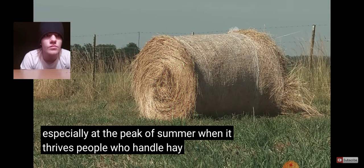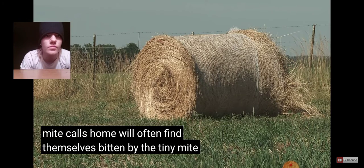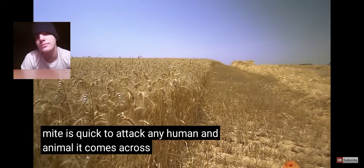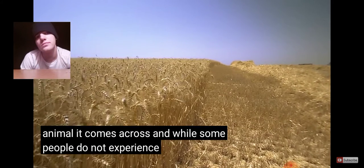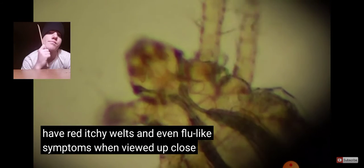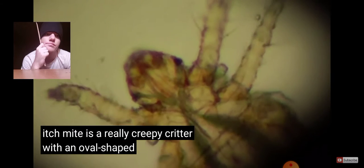People who handle hay that the mite calls home will often find themselves bitten by the tiny mite. The mite is quick to attack any human and animal it comes across, and while some people do not experience anything from a straw edge mite, when viewed up close, the straw edge mite is a really creepy critter with an oval-shaped body and